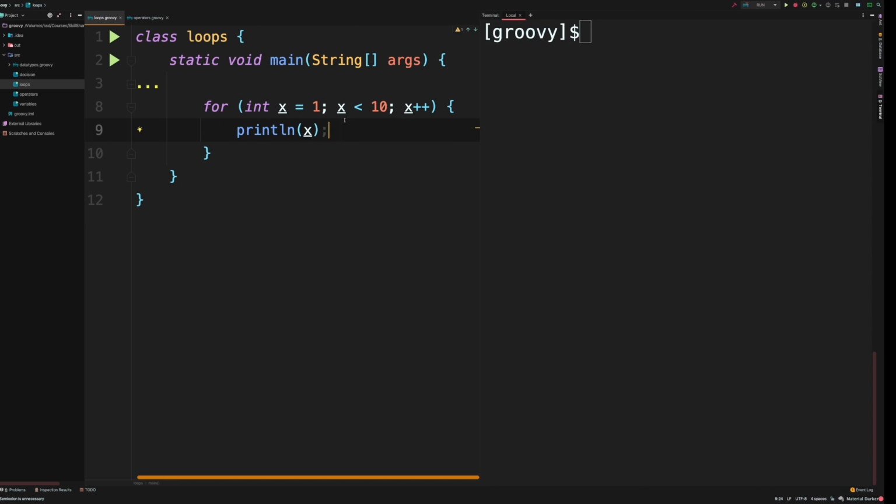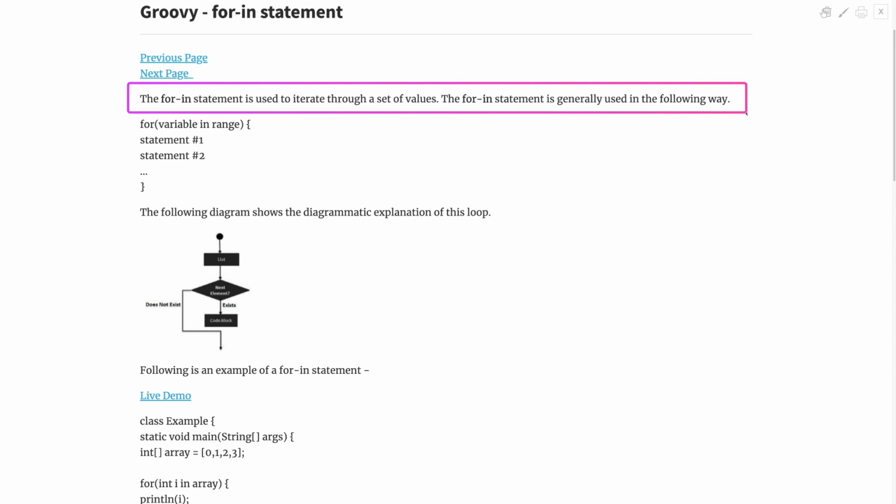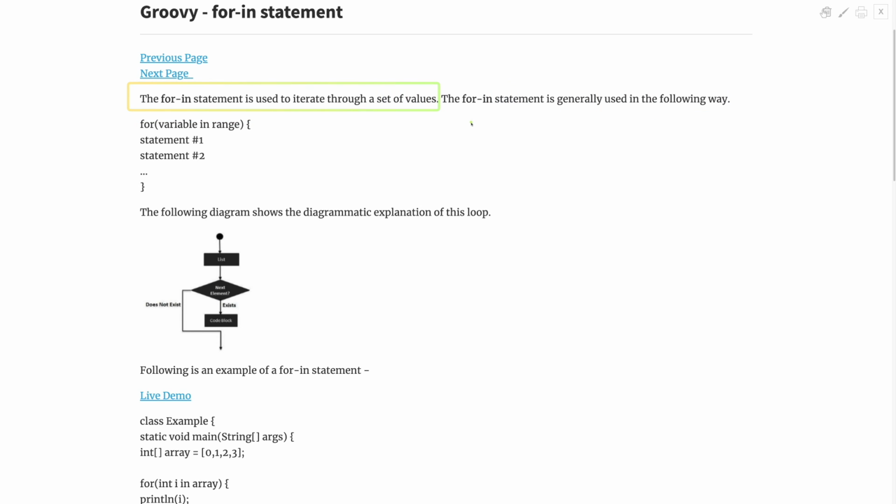Next statement we're going to take a look at is the for in statement in Groovy. I'm going to read this line here. It says, the for in statement is used to iterate through a set of values, and the set of values are basically our data type, which we haven't actually talked about. You might have heard of array in any other programming language if you're familiar with.